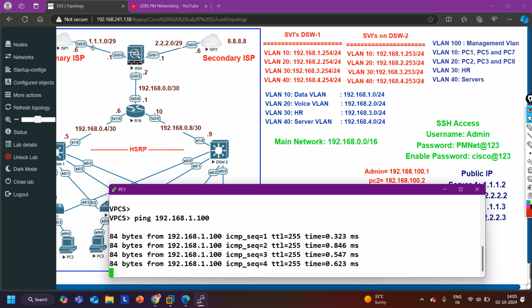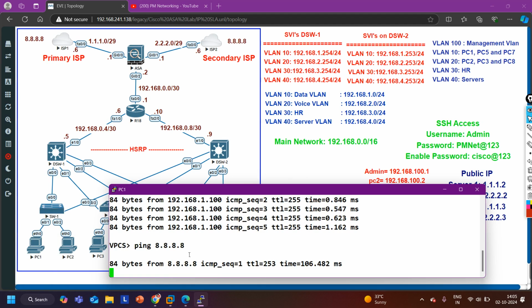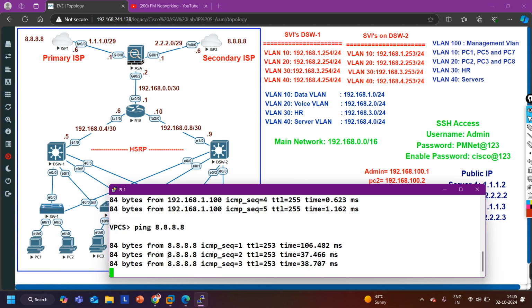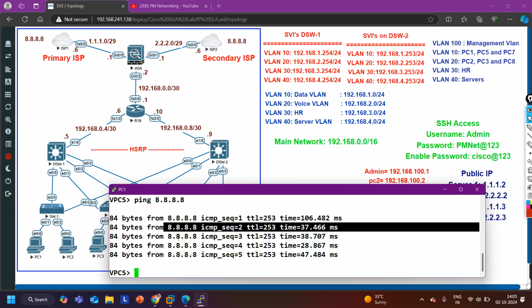Now I am going to ping the internet directly, 8.8.8.8. I think ping should work because we had already configured the NAT and everything on the edge router, and you can see I am able to ping 8.8.8.8. If you want to check which ISP, ISP1 or ISP2, I am pinging the internet through, you can